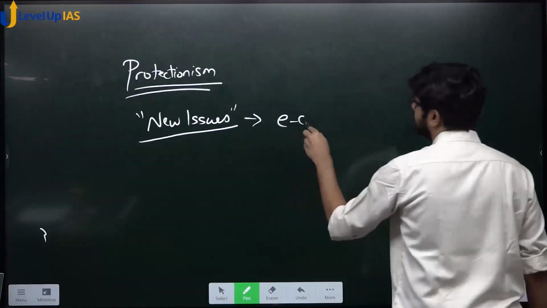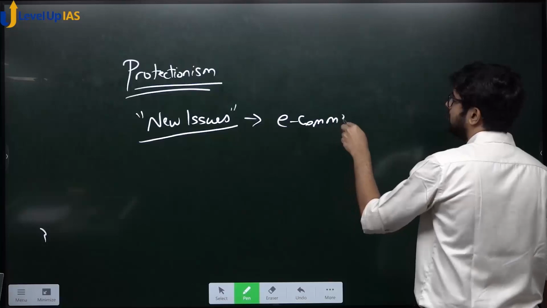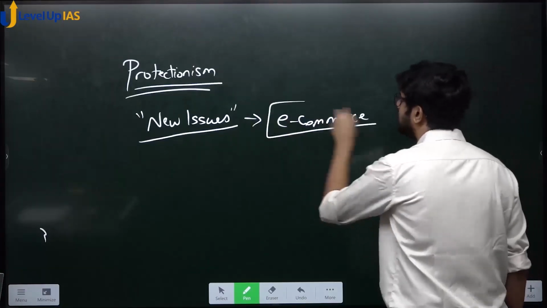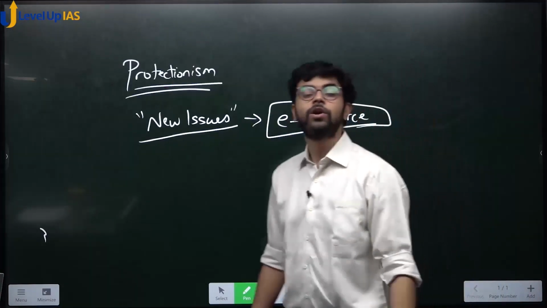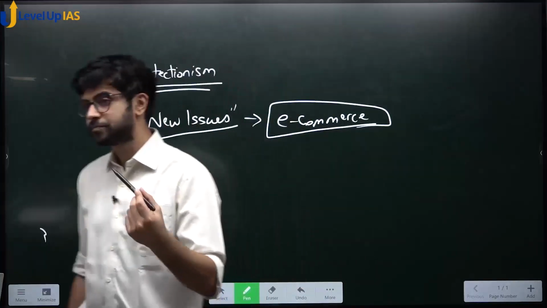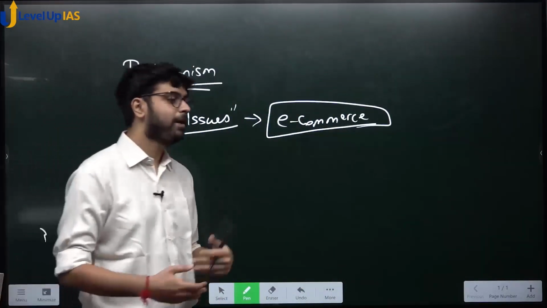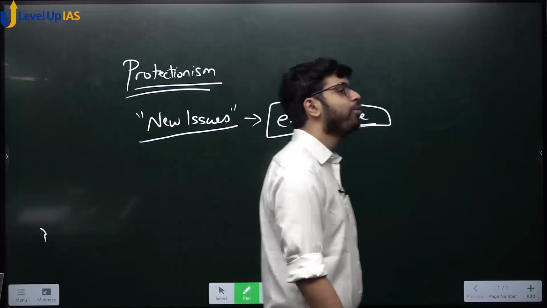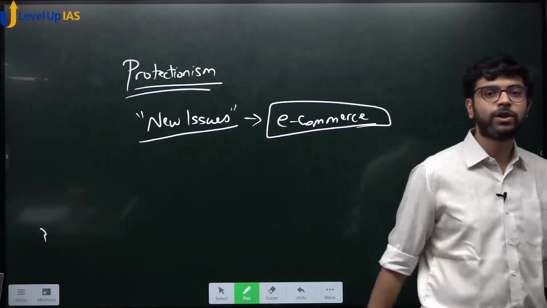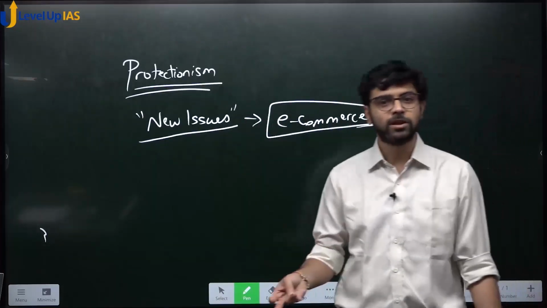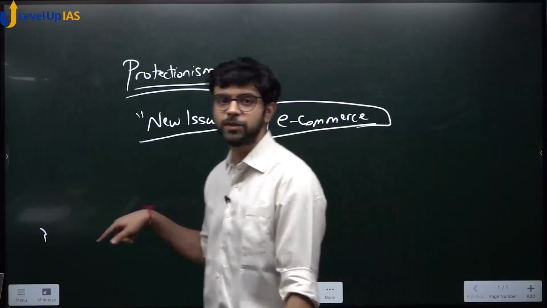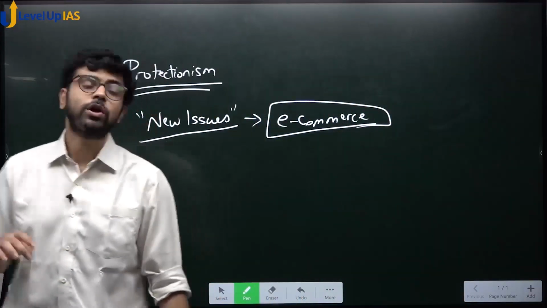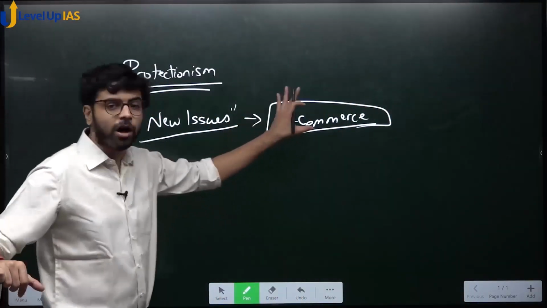e-commerce. Do you know e-commerce? Electronic commerce, everything buying and selling on the internet. So these are the new issues now, how to open up our economies for e-commerce. And do you know that only 4 companies control e-commerce: Google, Apple, Amazon, Facebook. You remember GAFA, we spoke about GAFA, and Microsoft also. So these are the main companies who